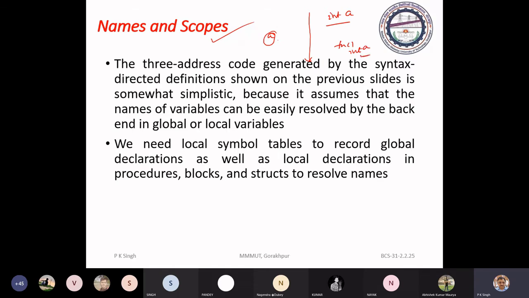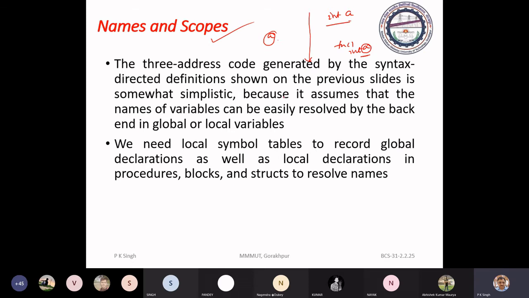Here in the body of the function it will refer to this a, but beyond the body it will use this. Suppose you are tracing the execution of the program.